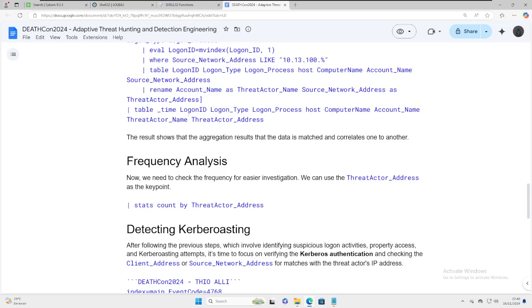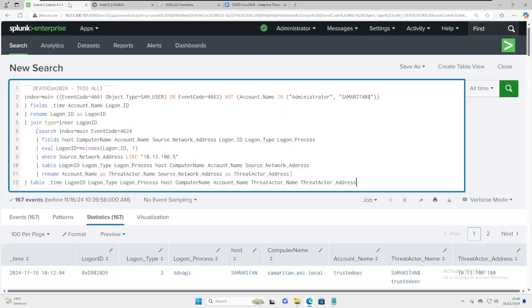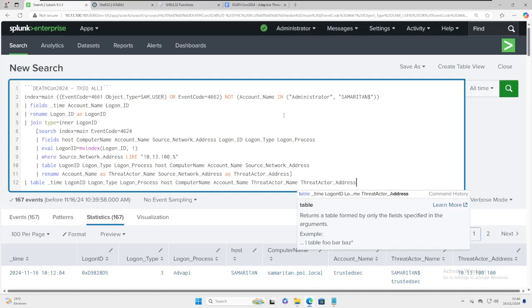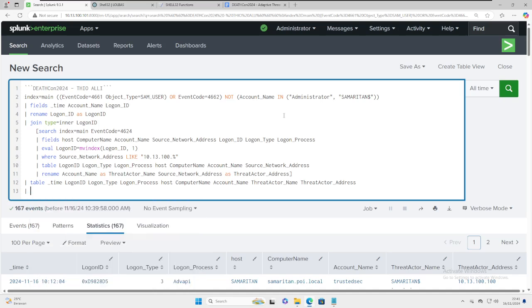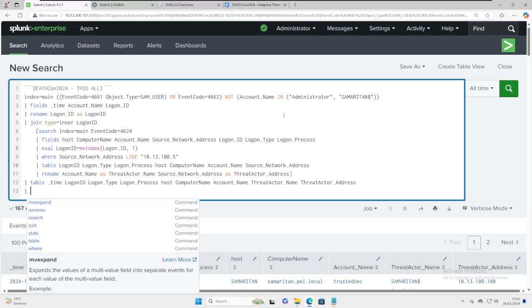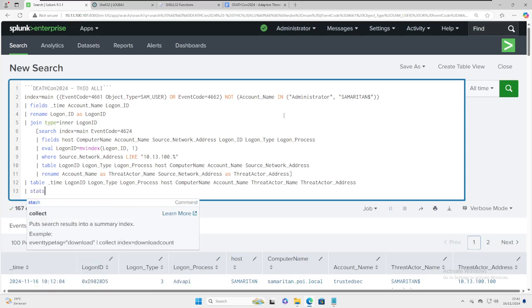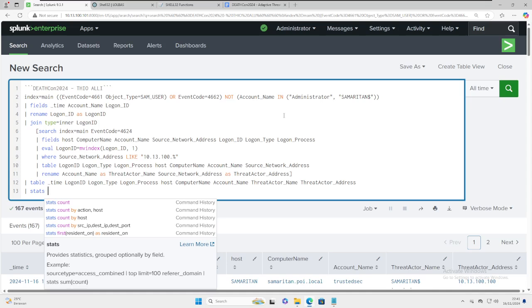Now we will do the frequency analysis again to check if there is any other threat actor address we can get besides the first one. We get two IP addresses, so we have to check again to make sure which one is malicious.